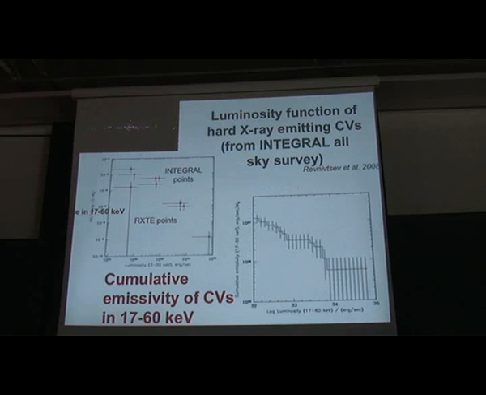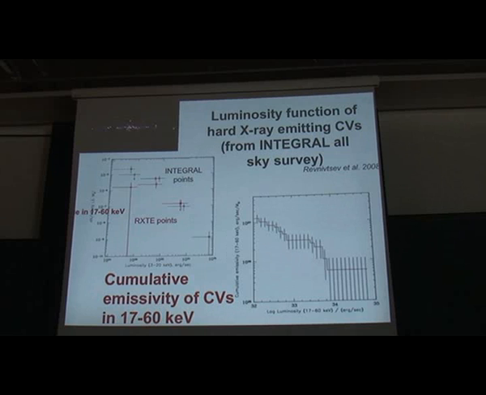Okay, another aspect that we can extract from the all-sky survey of INTEGRAL, for example, is the study of faint X-ray emitting systems like cataclysmic variables. Cataclysmic variables are faint. It means that we will not see them at the galactic center distance, and again it means that they should be distributed along the whole sky. It again cannot be repeated with XMM or Chandra. The whole sky should be covered in order to extract reasonable statistics of local CVs.